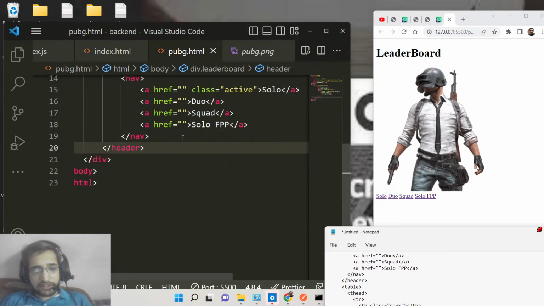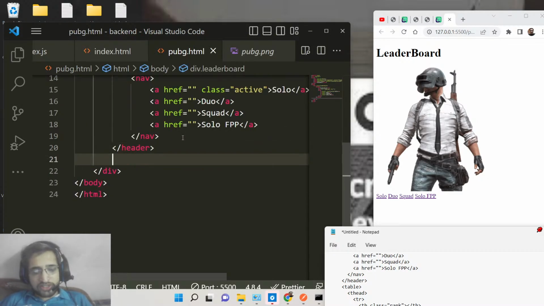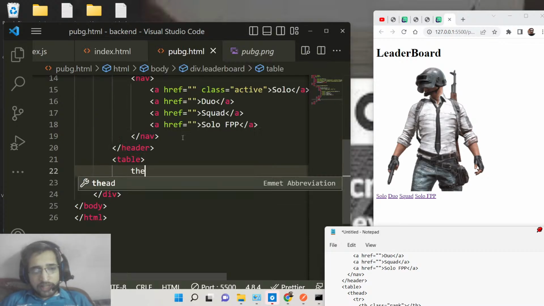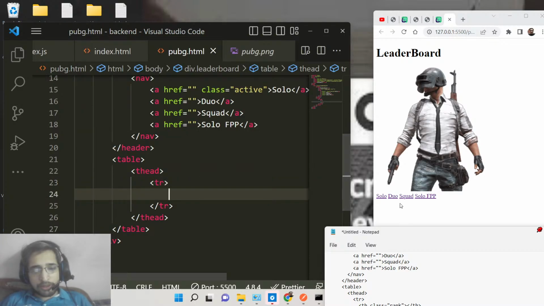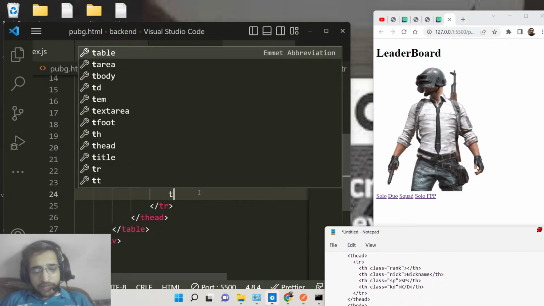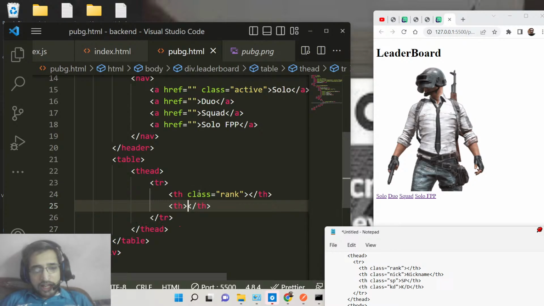So after the header section is completed, we will now display the leaderboard. We will display all the statistics of all the players inside the table. So inside the table, guys, we will have the table head tag, and inside table head tag we will have table row, and inside table row we will define the table heading, guys. So this will have a simple class to it of rank, the first one. Then we will have another class which will be for